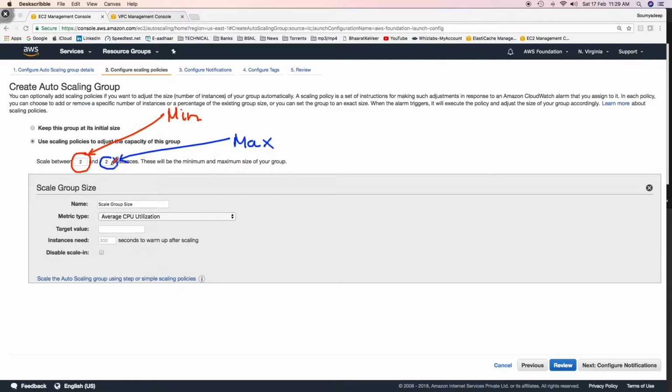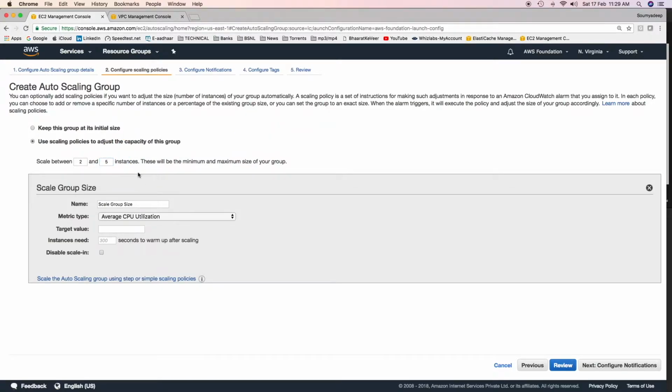Of course, you have to change this one. Let's make it 5. So we are saying here that the minimum number of EC2 instances that this autoscaling group will keep running is 2, and the maximum would be 5. Whatever scaling policies we define, this autoscaling group will never launch more than 5 EC2 instances.